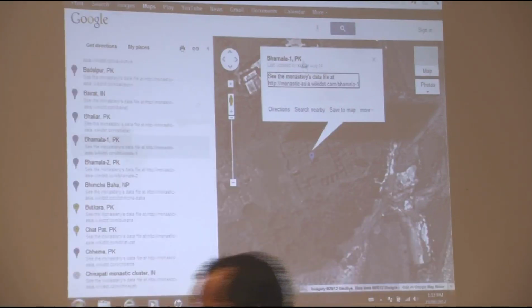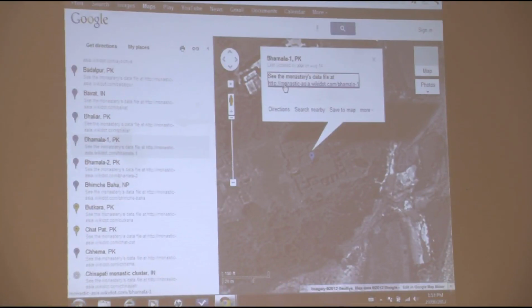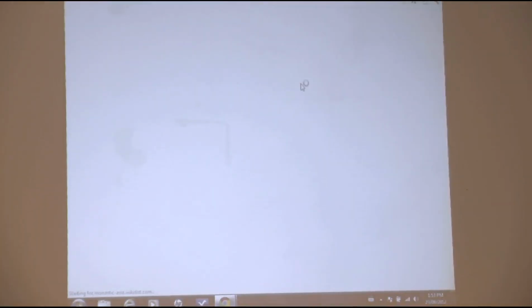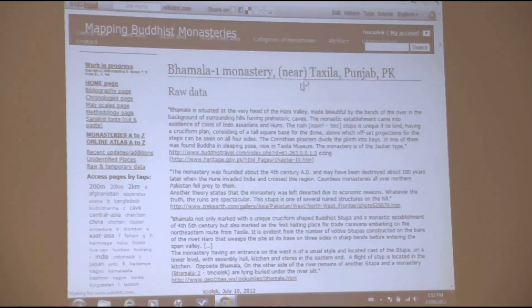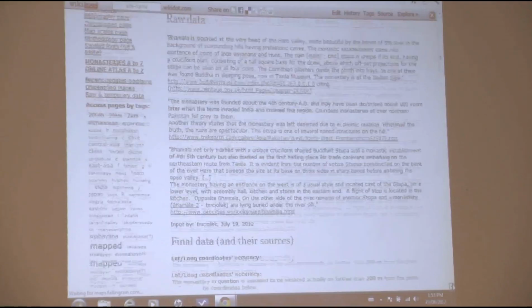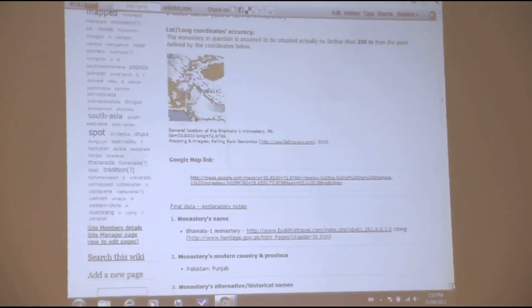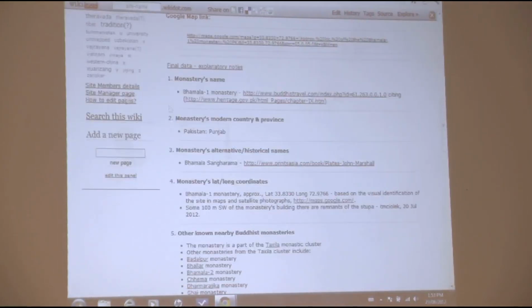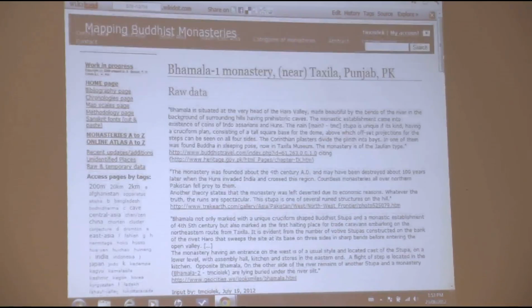Now, this window is an active hypertext link. And if I'm inclined in that direction, I can simply click here and jump back to the page which talks about Bamala. And of course, we can flip between various pages of the project. We can look at the bibliography page,